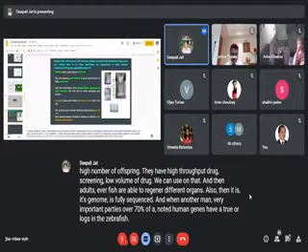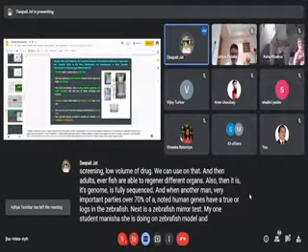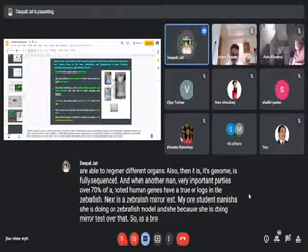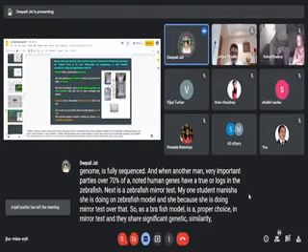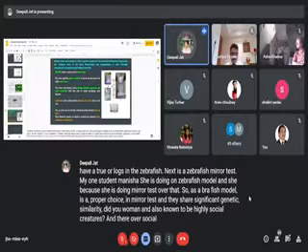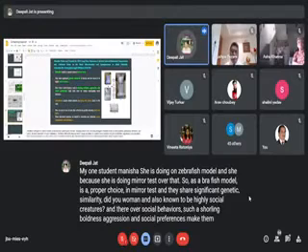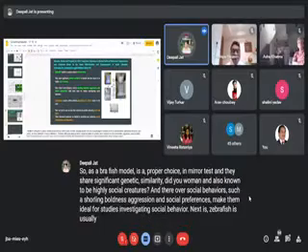Next is the zebrafish mirror test. One of my students, Manisha, is working on the zebrafish model, doing the mirror test. So the zebrafish model is a proper choice for the mirror test, and they share significant genetic similarity to humans and are also known to be highly social creatures. Their robust social behavior, such as shoaling, boldness, aggression, and social preferences, makes them ideal for studies investigating social behavior. Next, zebrafish usually exhibit boldness by biting the mirror placed in the tank.